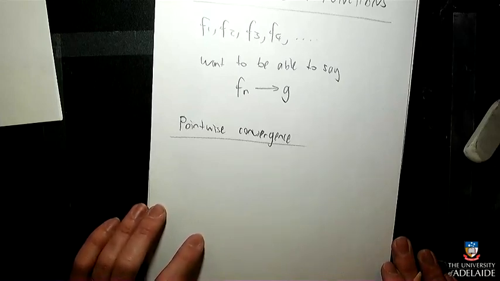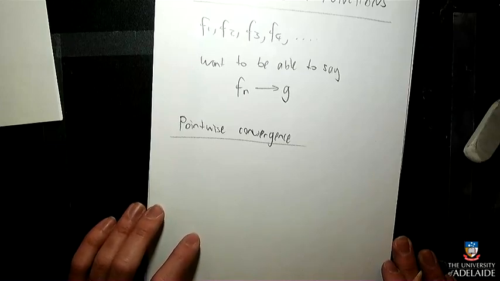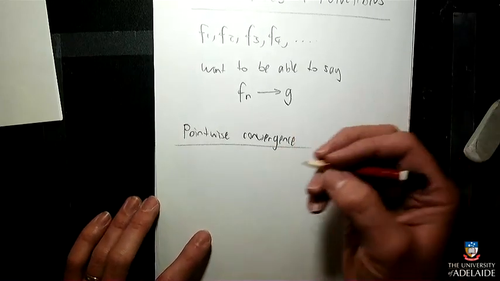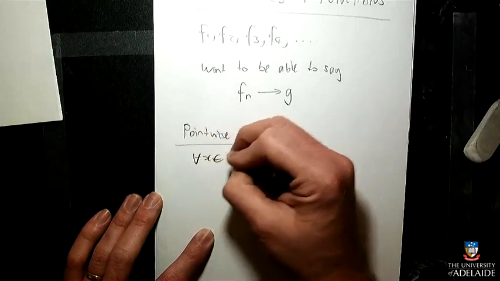So most sequences that we care about have been defined as a function of n. But now I'm saying that I'm going to create a function which is a function of n, and then I'm going to apply that to each x separately. So pointwise convergence, I'm thinking that for all x in the domain,